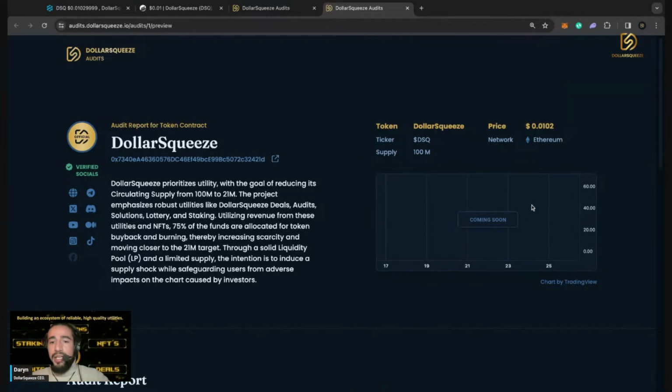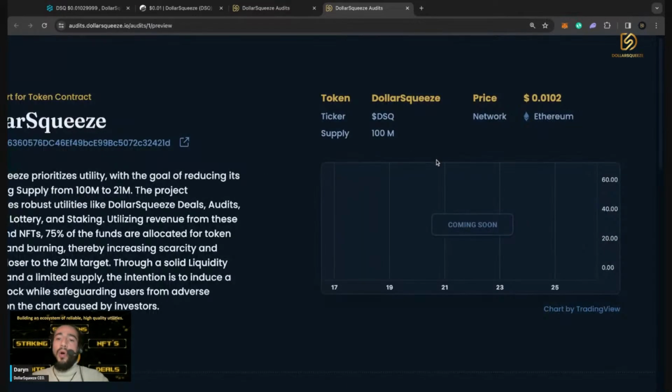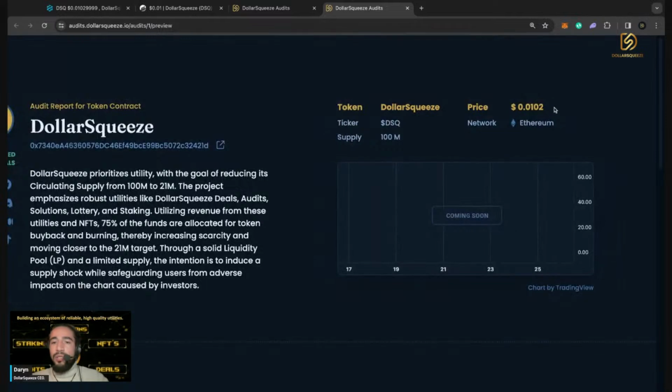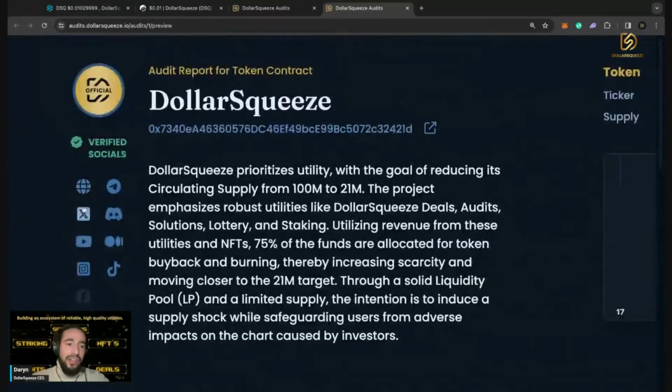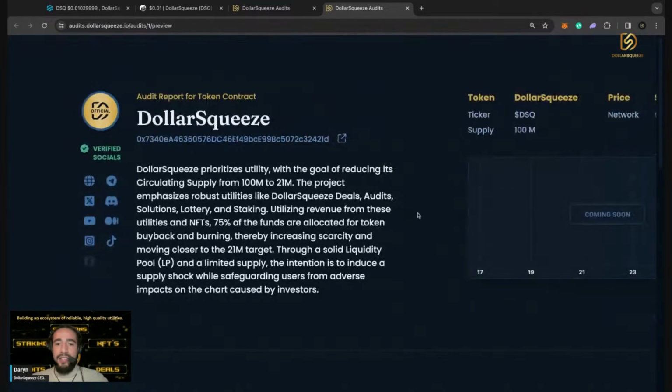So the chart, you see, it's coming soon. We'll be showing holders, we'll be showing the price action in 24 hours, we'll be showing the price. The chart is looking good. Here you can see the socials, verified socials. You can click on it. You see the information, the name, the logo, the contract address,